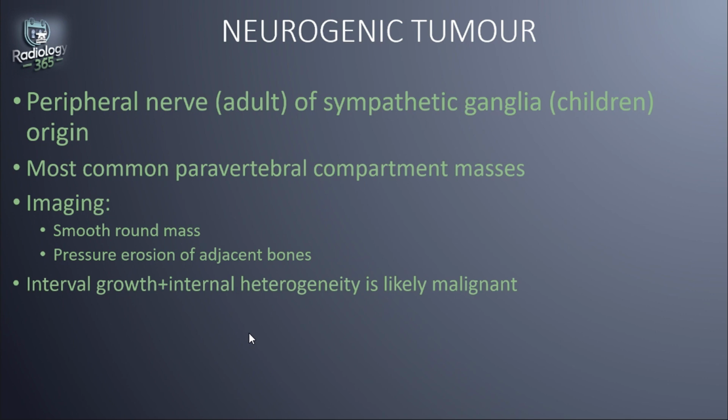Imaging features typically show a smooth, round mass. Benign pressure erosion of adjacent ribs may also be seen. You may also see erosion of the vertebrae, and also still due to this pressure erosion effect, you would have enlargement of the neuroforamina where the lesions may originate from. Interval growth of a neurogenic tumor with areas of internal heterogeneity should raise concern for transformation to malignant peripheral nerve